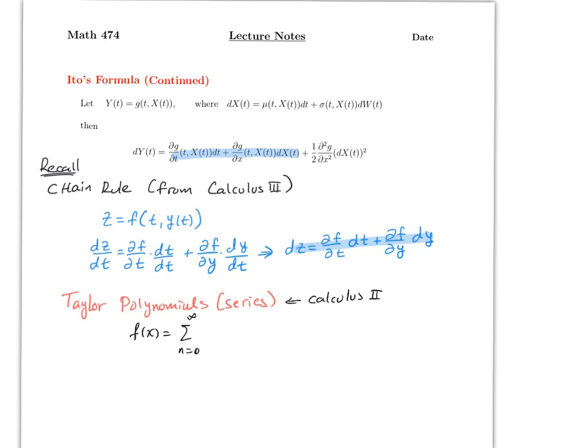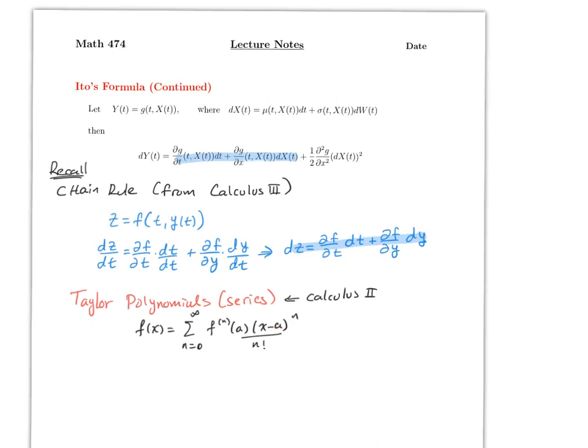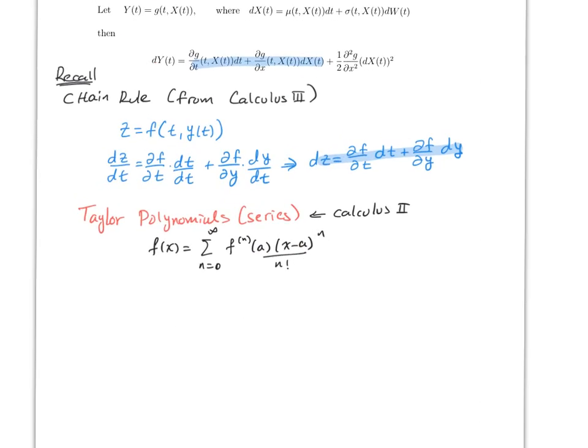This is the sum from n equals 0, and this is the nth derivative evaluated at some constant a, times x minus a to the n power over n factorial. But remember, you can use any value you want from the expansion, and usually from there, a